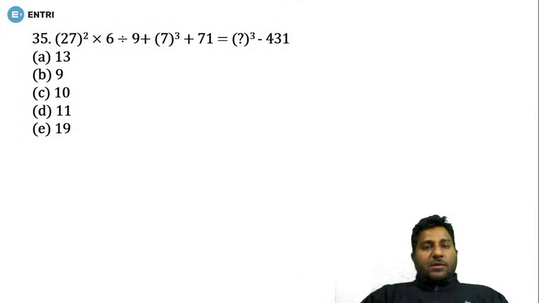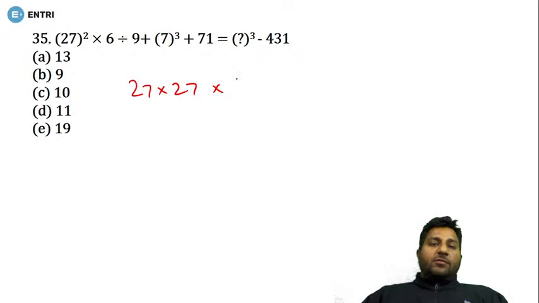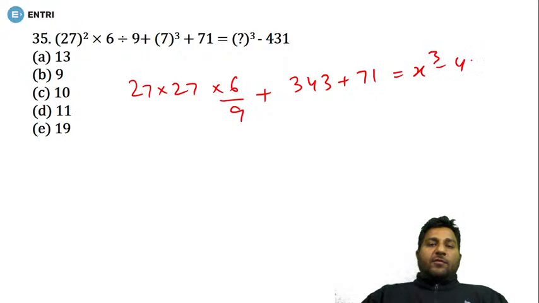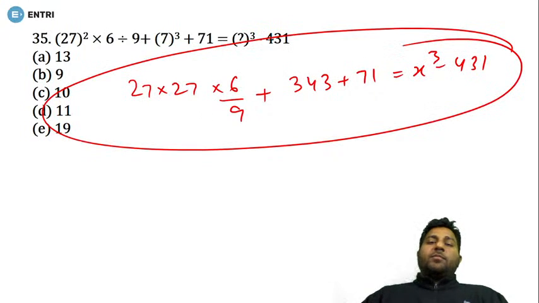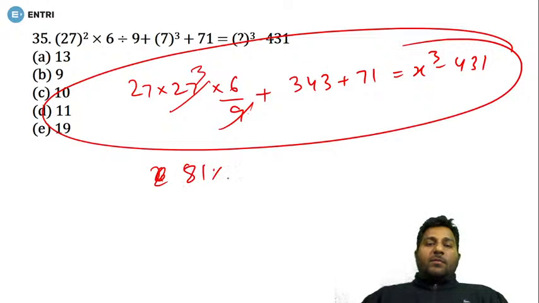The next one and the last one is 27 into 27 into 6 by 9 plus 343 plus 71 is equal to x cube minus 431. I want all of you to put the answer of this question because I want you to solve this one. Look at this, 3 times 27 means 81. 1 multiplied by 6, so 6, 486. Plus